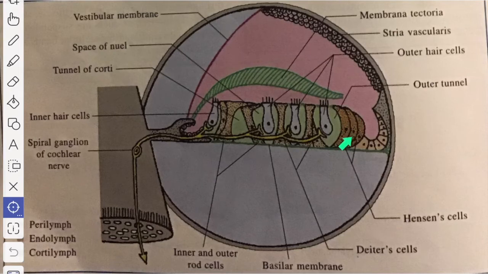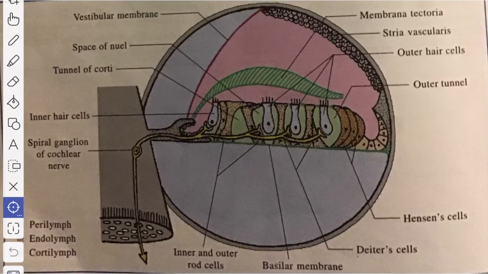The Hensen cells are elongated columnar cells, and they lie outside the external row of outer hair cells in 5 or 6 rows, and they are succeeded more externally by the cubical cells of the Claudius. The cubical cells of the Claudius become continuous with the cells that line the sulcus spiralis externus.